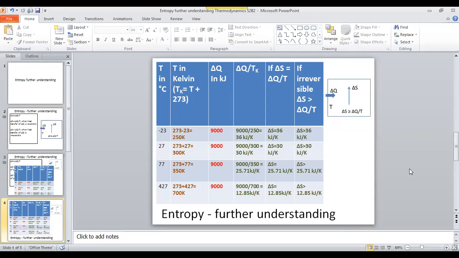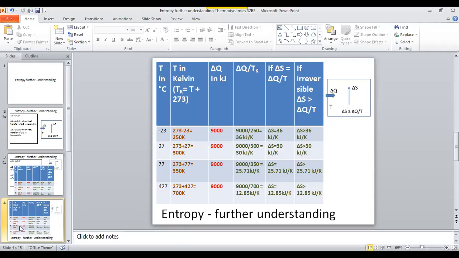Entropy, further understand. Now you have to find the risk. Very interesting. So this is one of the cases based on the entropy definition. You are noticing one of the cases. And now I'm going for another case, which is really a true case. Of course, this is a true case as well.